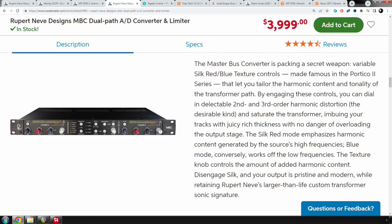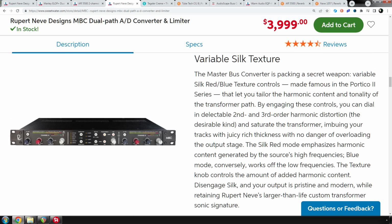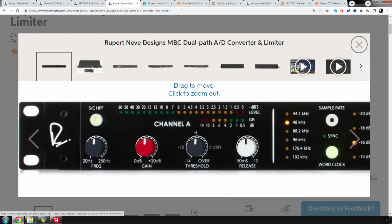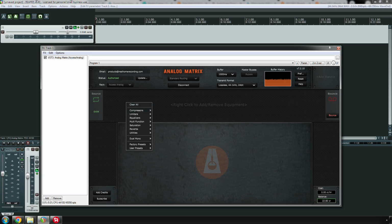And so it's called the variable silk function. So let me zoom into the controls here. Because that is one thing I don't like about Access Analog, is that you,